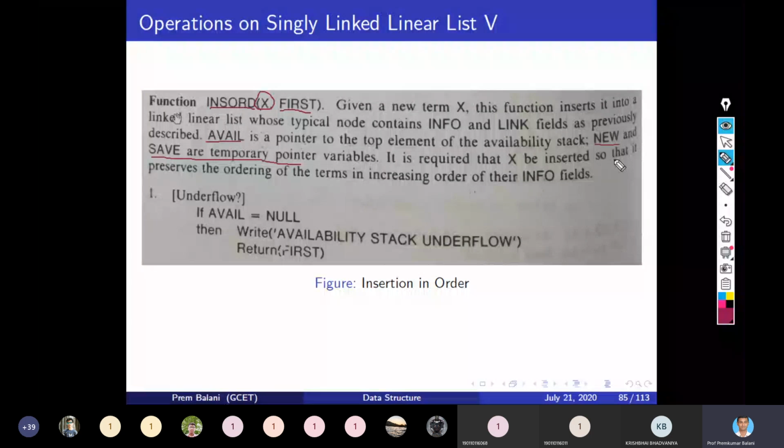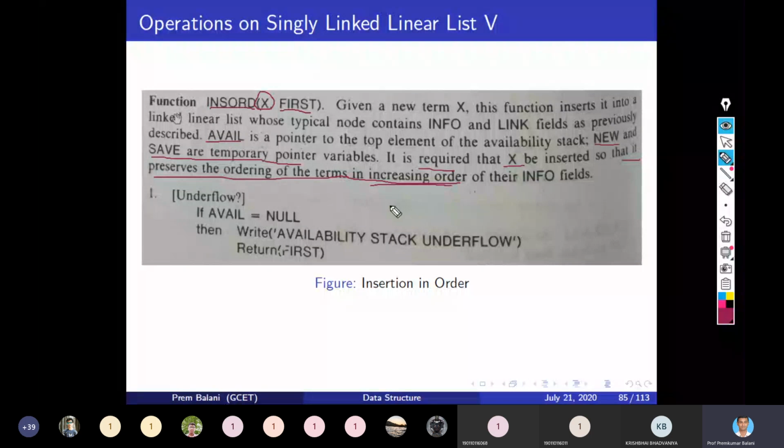What is required is we have to insert x so that it preserves the ordering of the terms in increasing order, right? So here we are maintaining the linked list in ascending order.